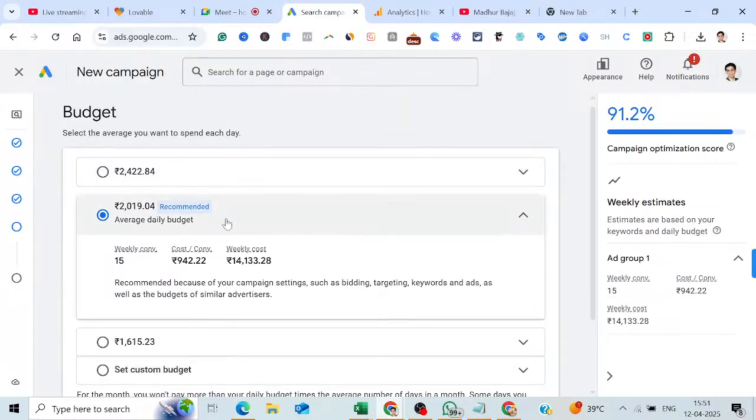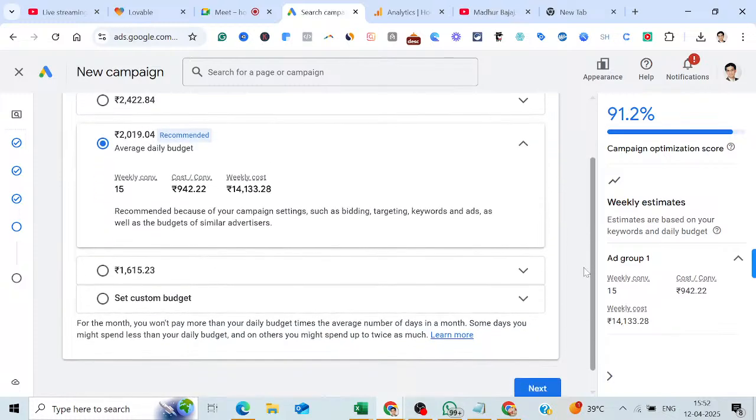So now let's say Google is telling me that you need to have a daily budget of 2019. We estimated 1200, but Google is saying that you have to pay 800 extra. So either way we can have our own customized budget or we can have a recommended budget. We have to do testing with both the budgets here. So let's start testing with the recommended budget for now. See here, this is set custom budget. You can do that as well. Then click